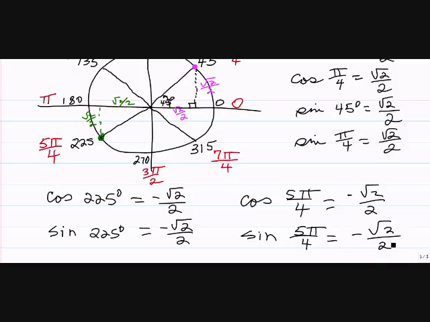So in other words, it may be easier to find cosine and sine when you're in radians by converting back to degrees and figuring out